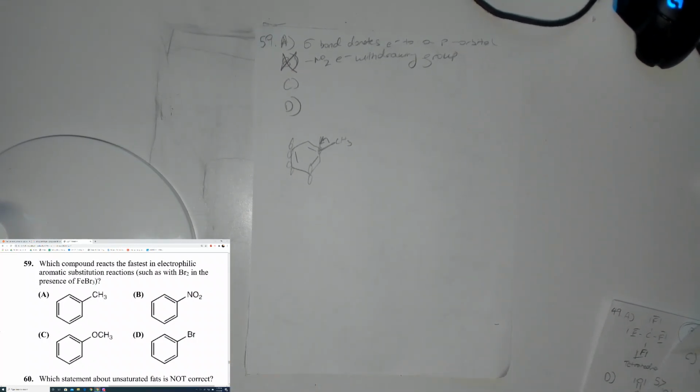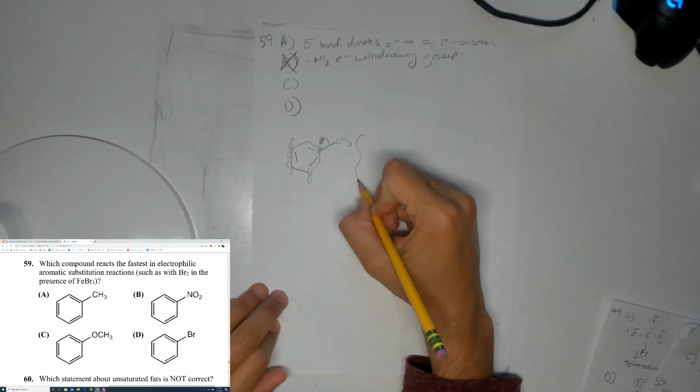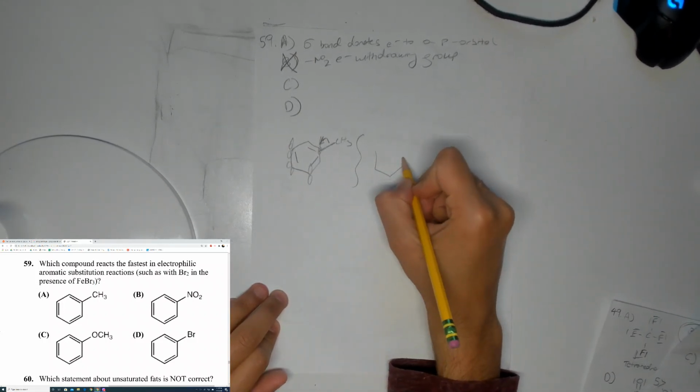C. So yes, OCH3, the methoxy group, is an electron donating group. Here's what I mean. You may think that oxygen is electronegative, right? You think oxygen is electronegative, but it donates electron density through resonance. Here's what I mean. So here, I'm going to draw this